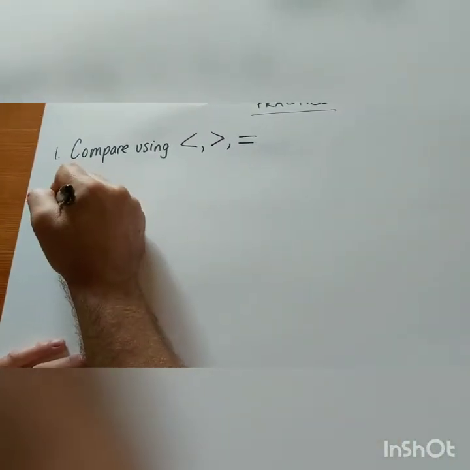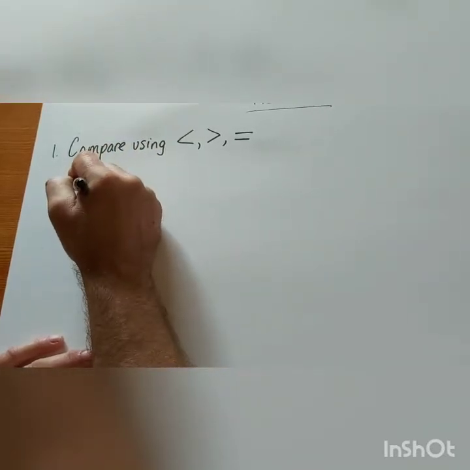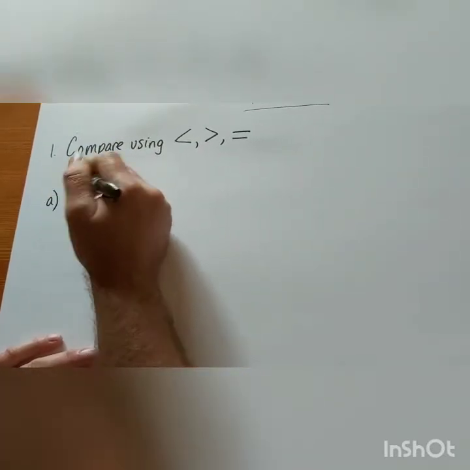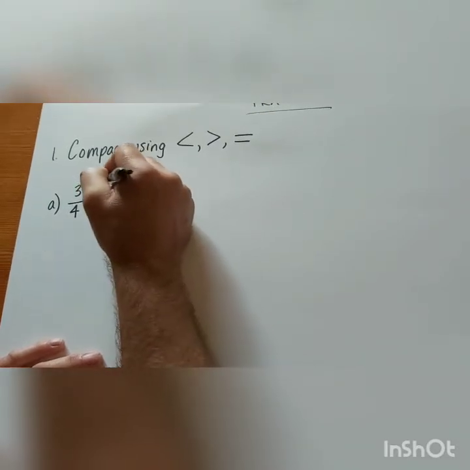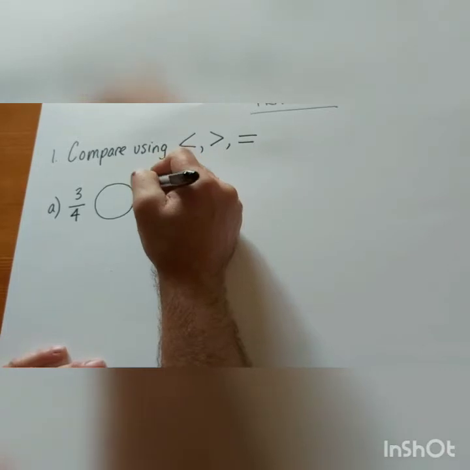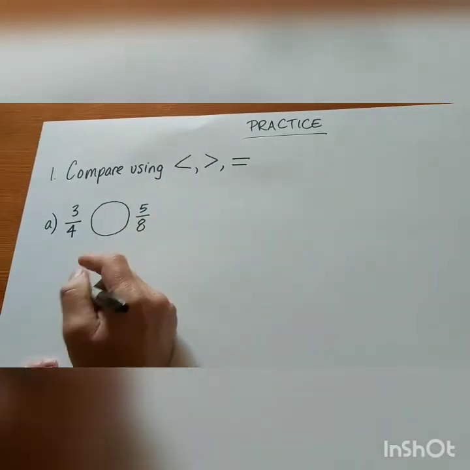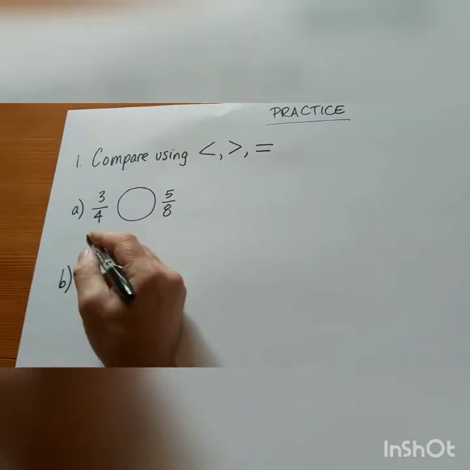So I'll set up some fractions, and maybe I'll add some decimals as well. 3/4, and I'll put a circle here, which is where the answer will go, and on the other side we'll put 5/8. For question B,